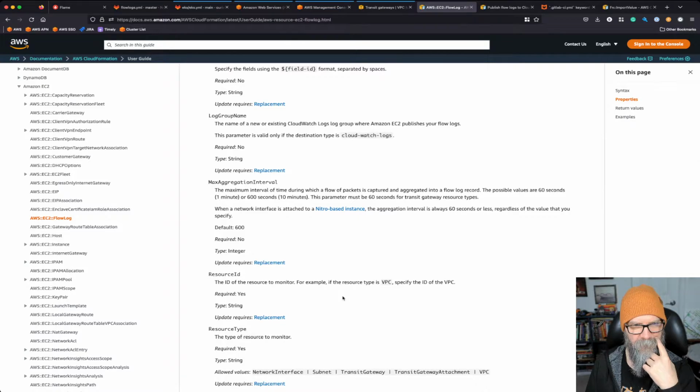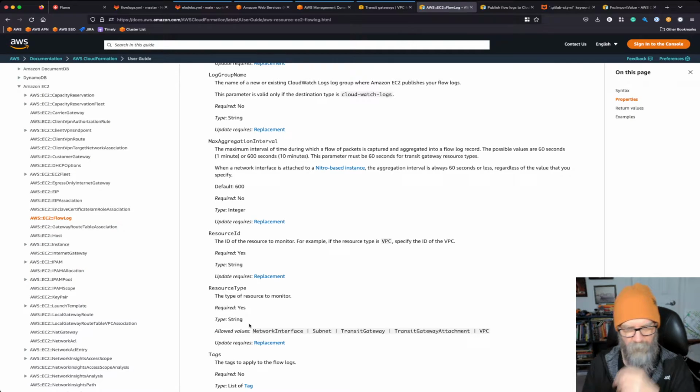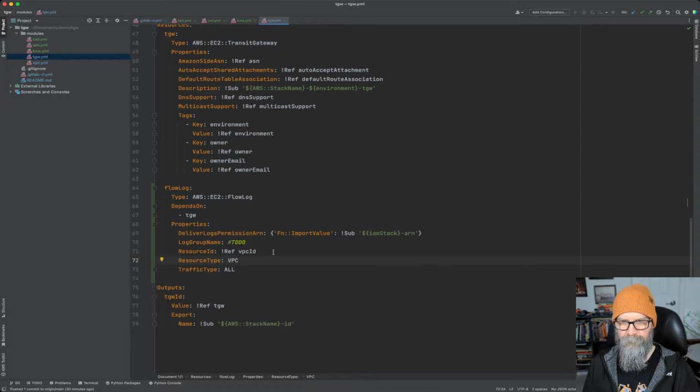Okay, resource ID. So in this case, the resource ID will be our transit gateway ID, not the VPC ID. And then we need a resource type. Okay, so this becomes transit gateway. And then let's do this. Ref,